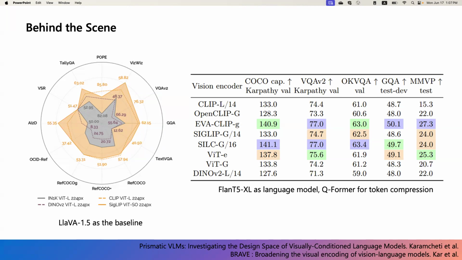On the right side, another work called Brave further studies different types of multimodal contrastive learning vision tokenizers. Even though they are all trained with multimodal contrastive learning, different vision tokenizers behave slightly differently across different benchmarks. In this sense, we can conclude that for the vision tokenizer, we usually tend to use this kind of multimodal contrastively trained vision tokenizer for large multimodal models. But if we think further and look through all of the vision tokenizers, we will see